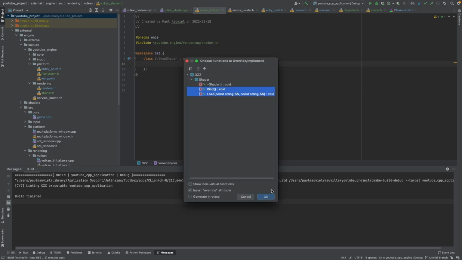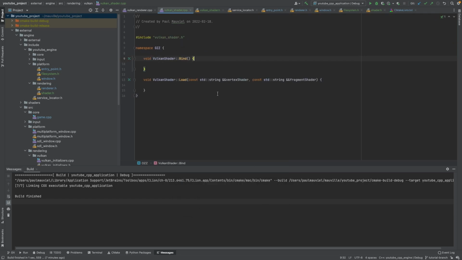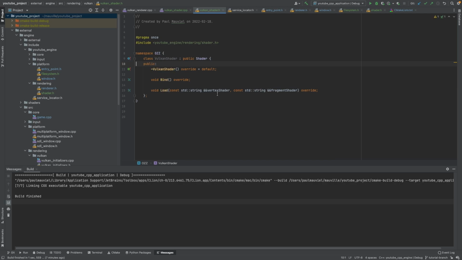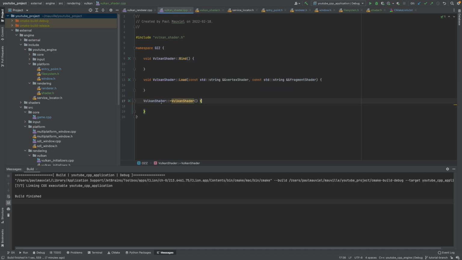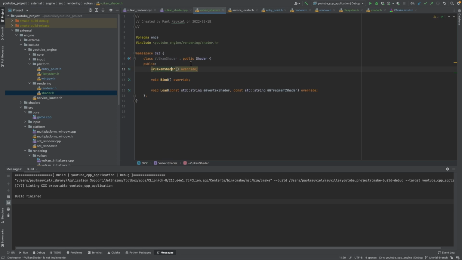We will generate these ones. We're going to need all of them. And this is actually not going to be default. We're going to want to have this separate, like this. Now we're going to have a constructor on this object as well,